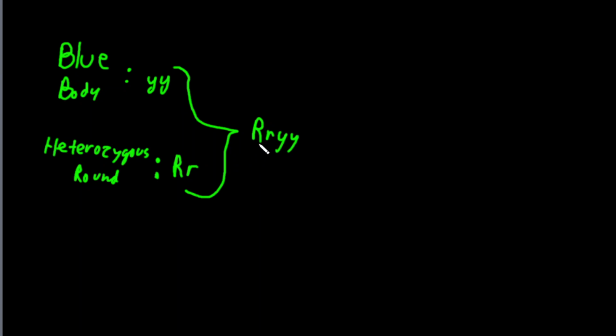Okay, and that is how we have a heterozygous round, homozygous recessive blue body. And that is what the genotype would look like, and we would write that in the blank there next to number 1. All right, number 2 says that we have round pants,